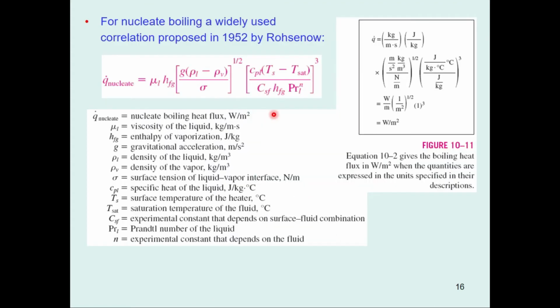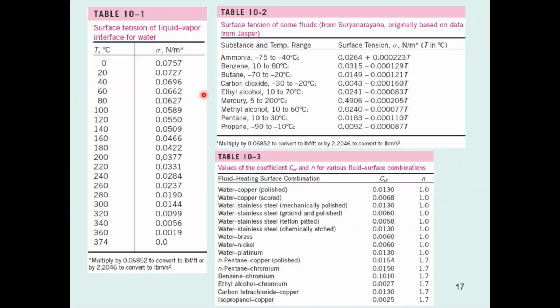There is also the surface tension over here. This is sigma, and you can use the surface tension for different liquids and for different temperature ranges. Ultimately surface tension is a function of temperature, and after putting in the value of the temperature, you will get the value of the surface tension, right? Some values of the surface tension at the liquid-vapor interface of water are given here as a function of temperature. You can take the values from here if you are using water.